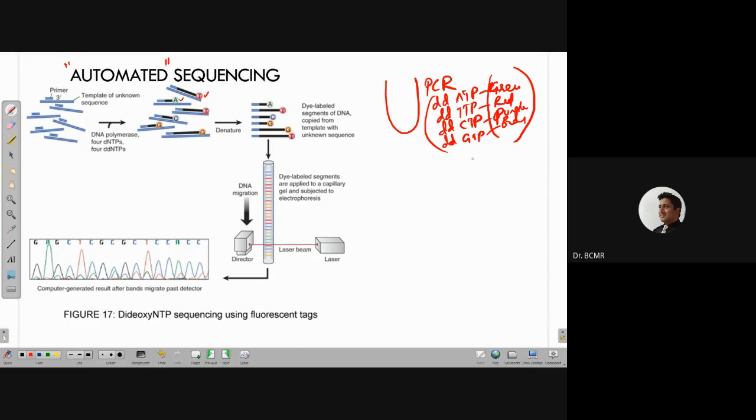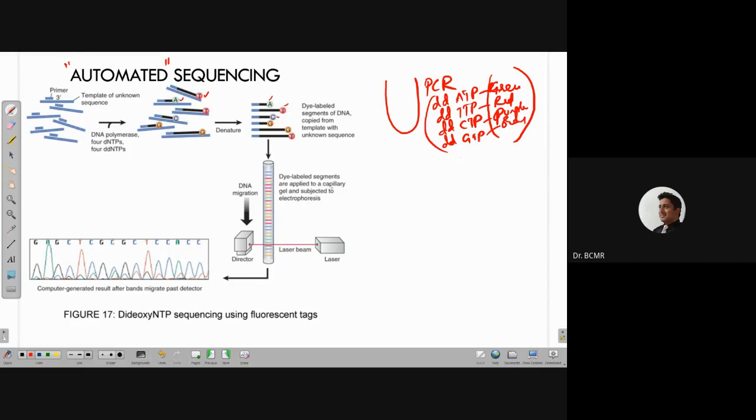So they would have performed the PCR reaction. So there would have been different sizes of fragments, each terminating with one of these. If that molecule had green color, that means the end of that molecule is A. If a molecule is fluorescing red, then it must be T. So then all these fragments are allowed to